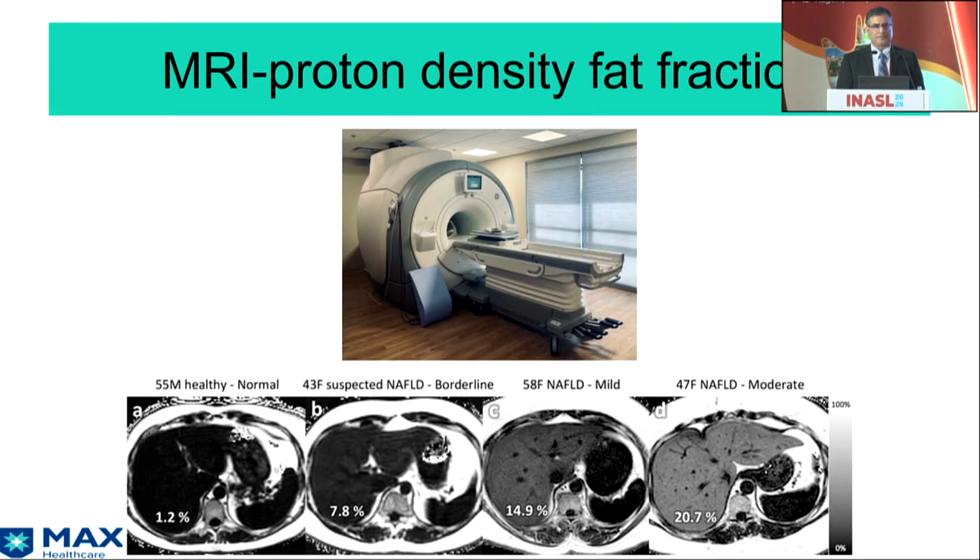Yes, sir. Of course, the literature shows that the differentiation of S0 and S1 is very good with CAP. The ORAC values are much better. But once we go for S2 and S3, where the values range between 260 and 280 for S2 and S3 is beyond 280, the values may be variable when we take these readings over different time spans. So it is not very good at differentiating S2 and S3, but definitely for less fat, S0 and S1, we can differentiate with CAP.